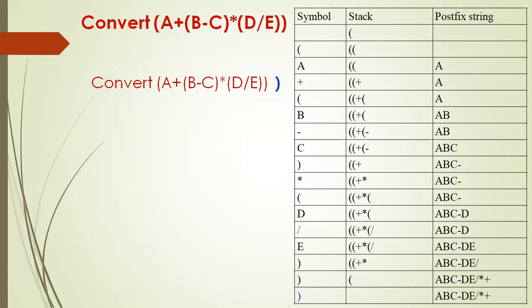Now, scan the symbols in Q from left to right and repeat the next step. If an operand is encountered, add it to P. If a left parenthesis is encountered, push it onto stack. If an operator is encountered, then you check whether any operator is already there in the stack whose priority or precedence is higher than the new operator. If it is so, then pop them one by one and add them to P, and push the new operator